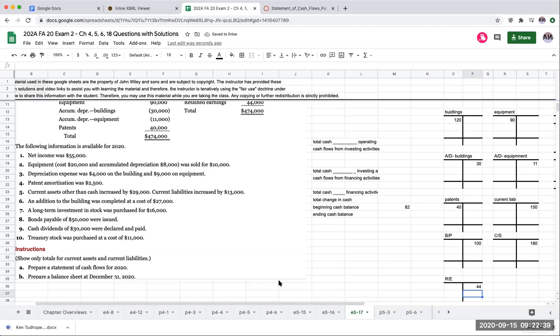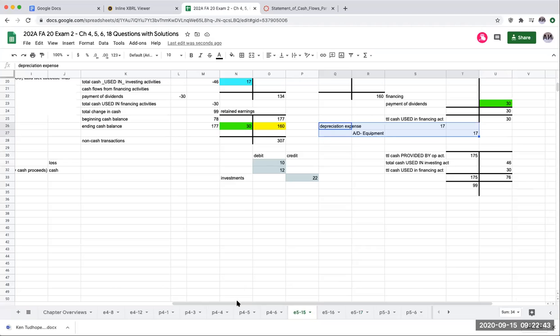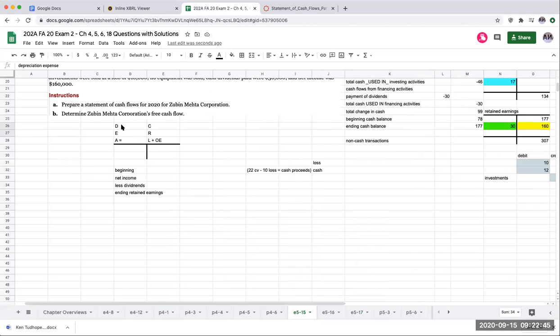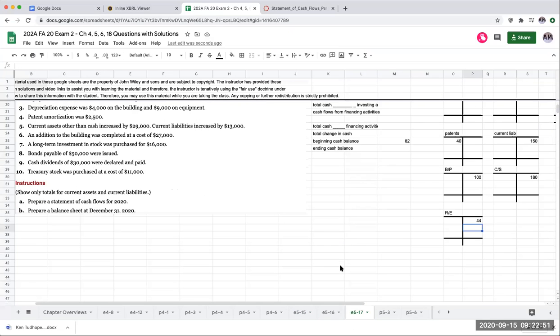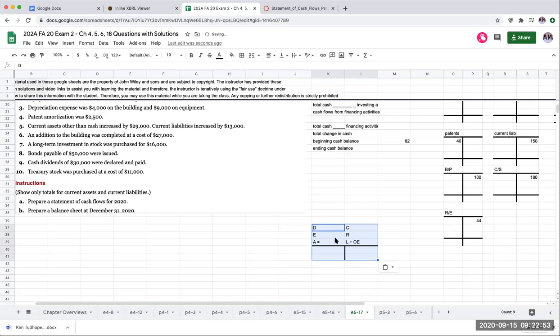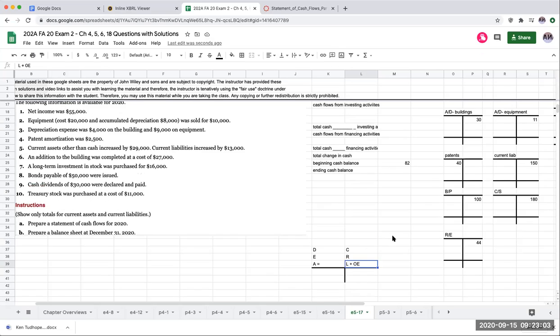If you can't remember this, this is by far the most important thing to remember as I'm going through and doing this really quickly. How do I know where the balances go? It's because of this. Assets have debit balances. Contra assets clearly have credit balances. Liabilities and equity have credit balances. Increase with credits, decrease with debits.